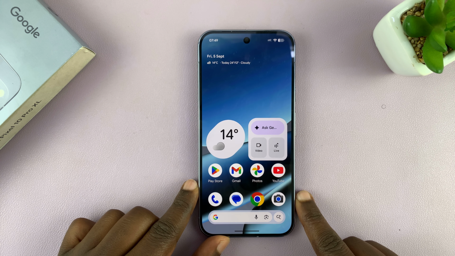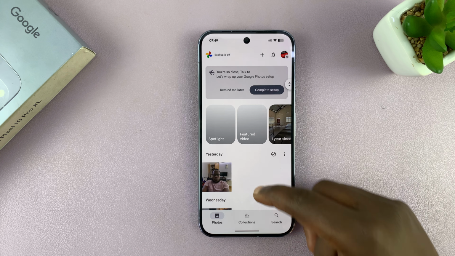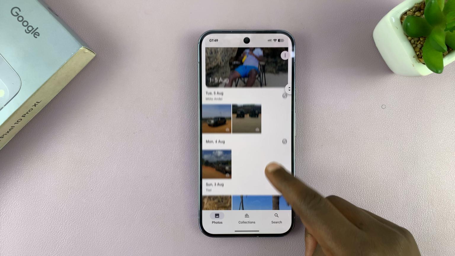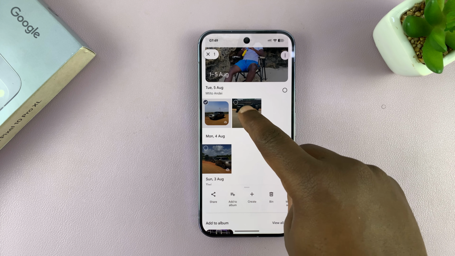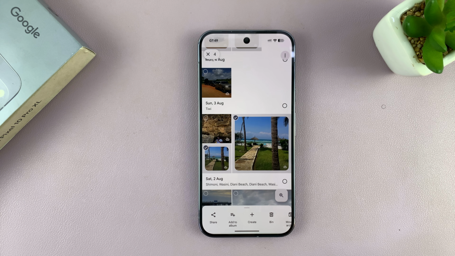So let me show you how to hide photos and videos on your Pixel 10. In the Photos app, you have all your photos and all your videos. If you want to hide some, all you have to do is select them. Let's say I want to hide this one, long press on it, this one, and this too. Okay. So what you need to do is once you select them,